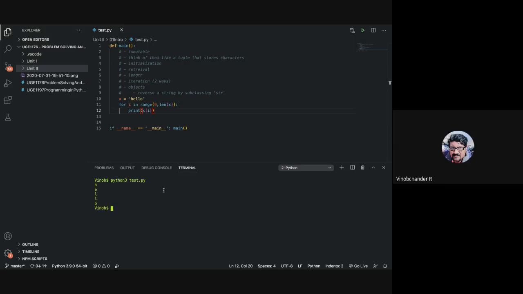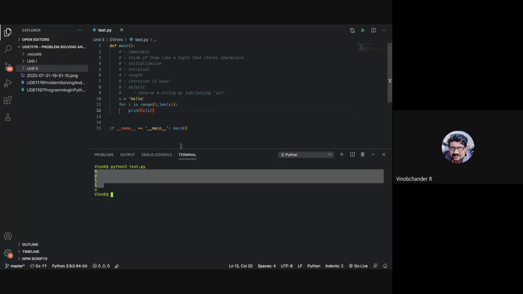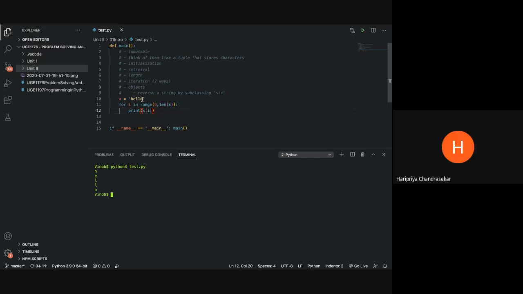So this is the output. It's not printing the numbers, it's printing the characters. You are printing x of I. So the first time it is x of 0, you print h. X of 1, you print e, and so on and so forth. Okay. Thank you, sir.